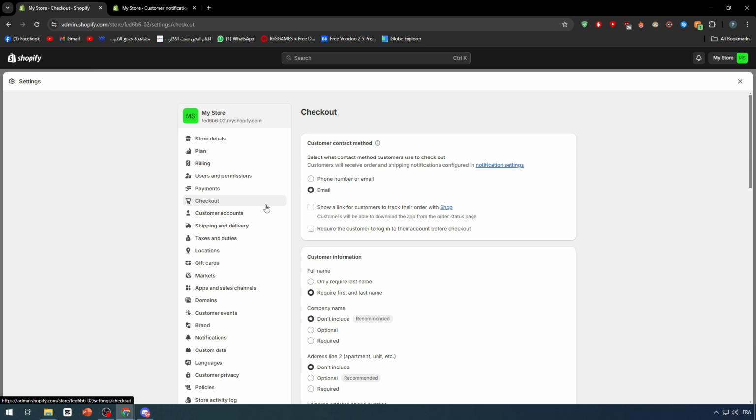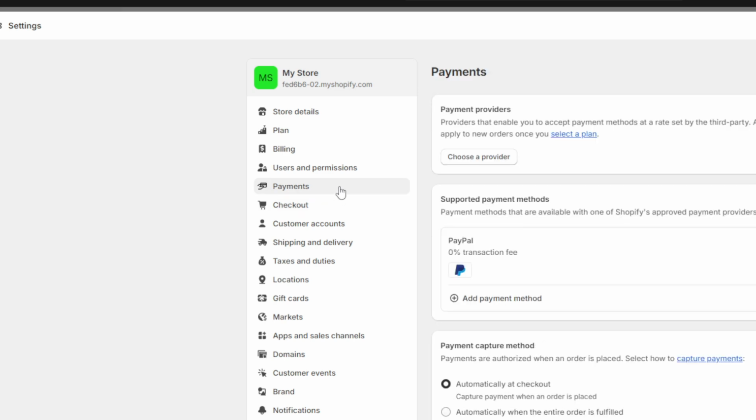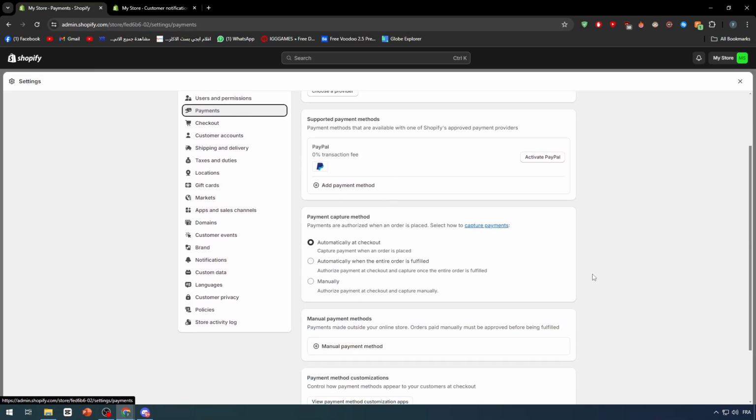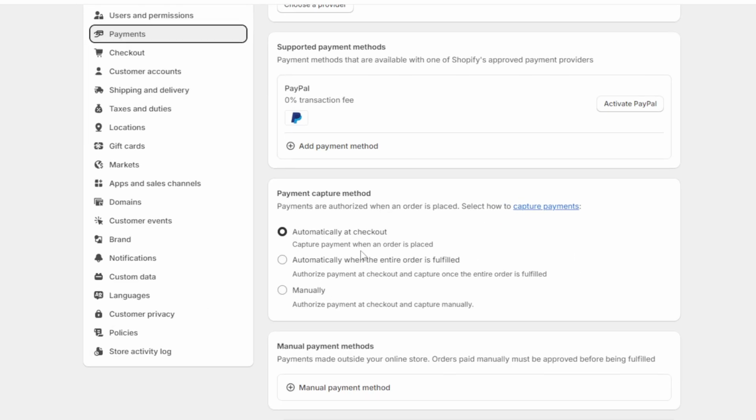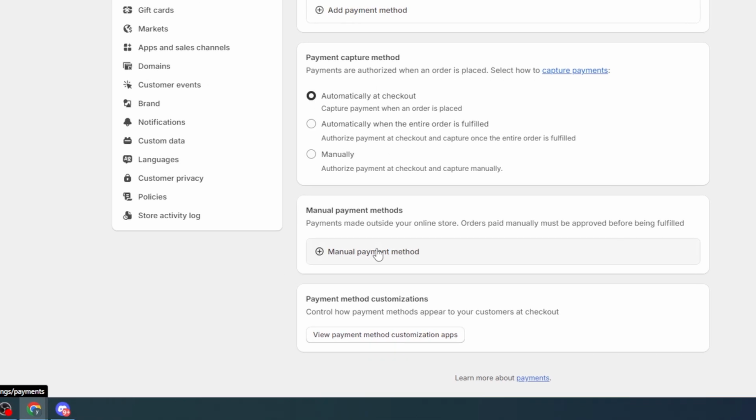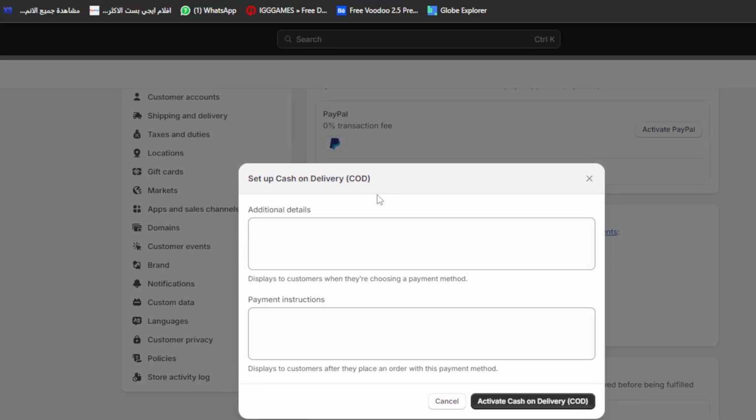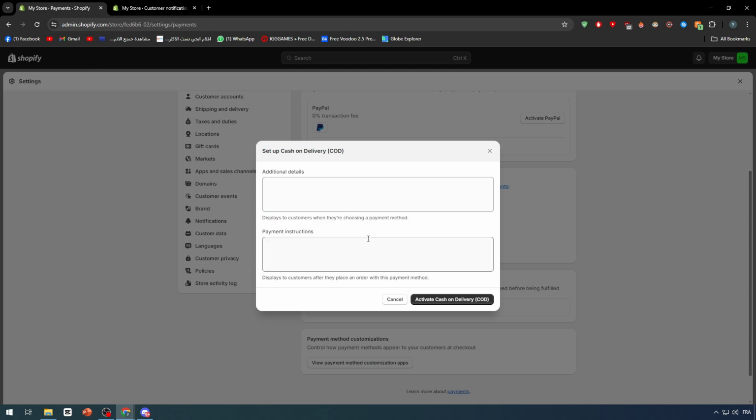Now for the payment methods that we can accept and they can use, we have to go here to payments, and here you should add the actual providers. So payments capture method, automatically at checkout, automatically when the entire order is fulfilled, manually. So we can keep it as it is. Manual payment method, let's choose here money order, cash on delivery. So additional details, display to customer when they are choosing a payment method. Here you make sure to give us